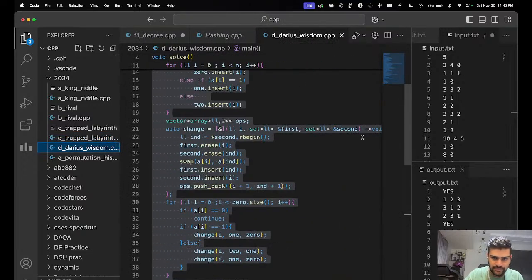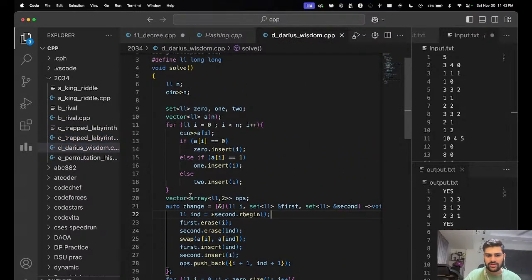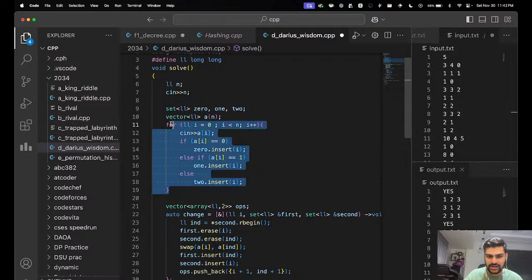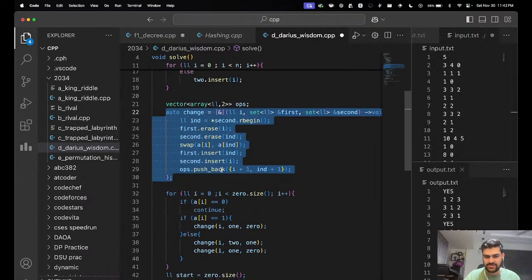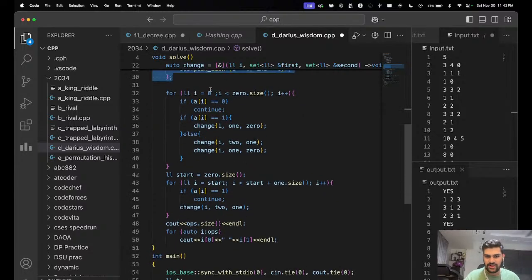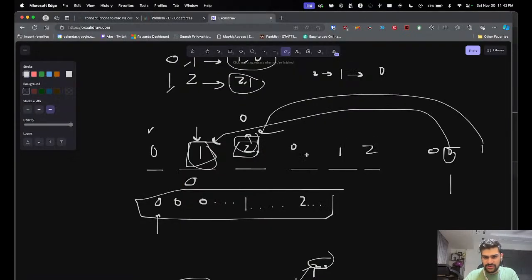Okay. So now what I do is, for every index, I take the array input and put all the indices in 0, 1, 2 sets. Now just leave this change function out. Now what do I want to do? Like this entire algorithm